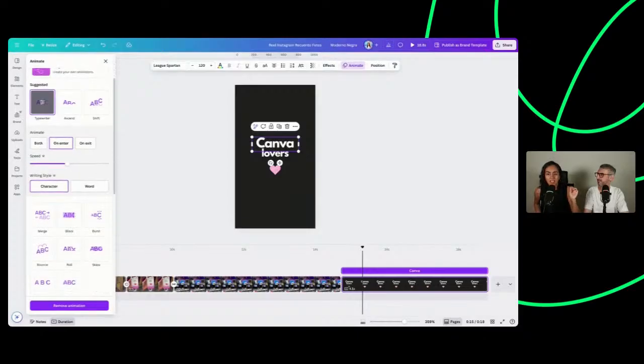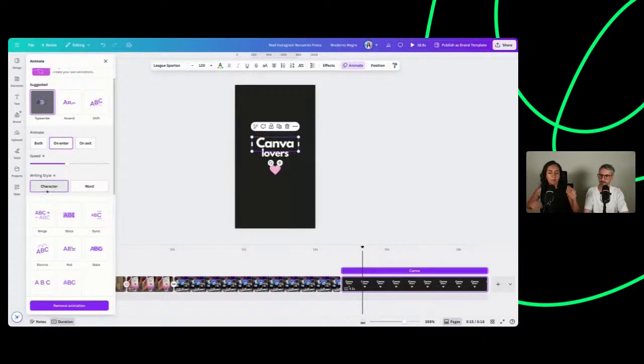These text boxes have special animations that are not available for other kinds of elements like images or videos. In this one, for example, we have this typewriter effect, and from here you can further customize the animation if you have a Canva Pro account,